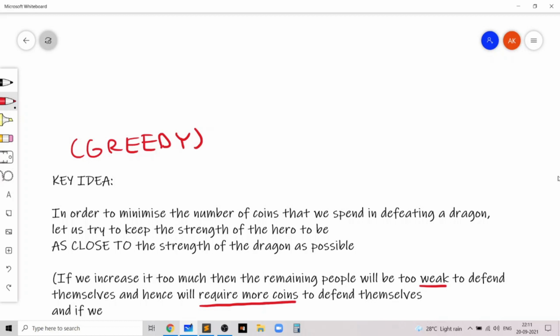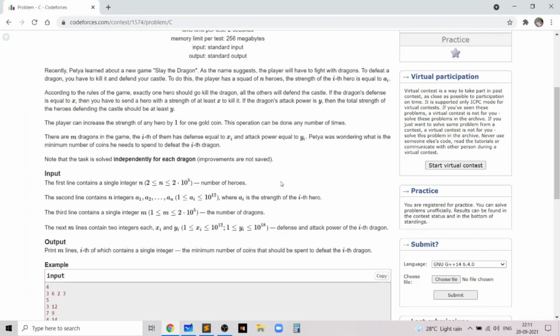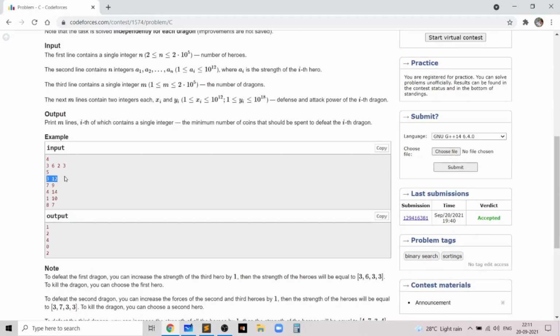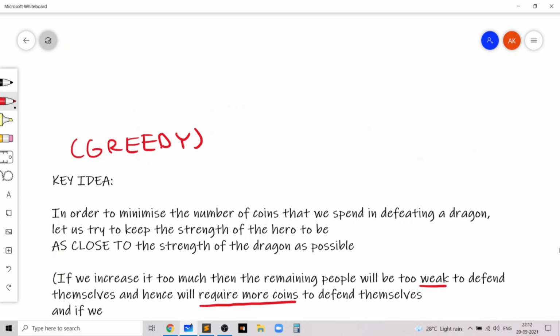For example, if we send a hero with strength 6 to fight against the dragon with defense 3, then the remaining heroes will have strength 2 plus 3 plus 3, which is 8, and that is too little compared to 12, and we'll actually be spending 4 coins to strengthen the remaining 3 people, so that's too much.